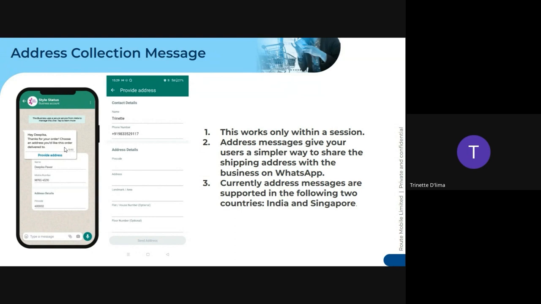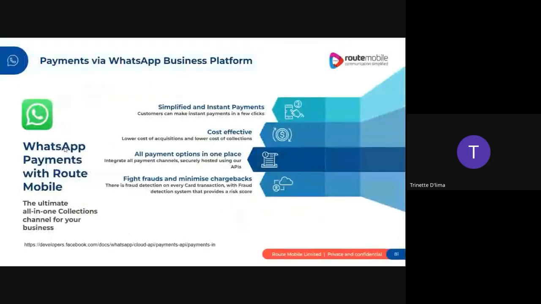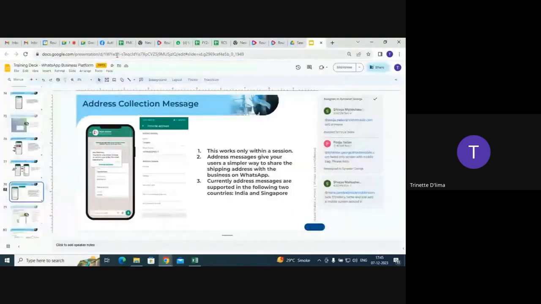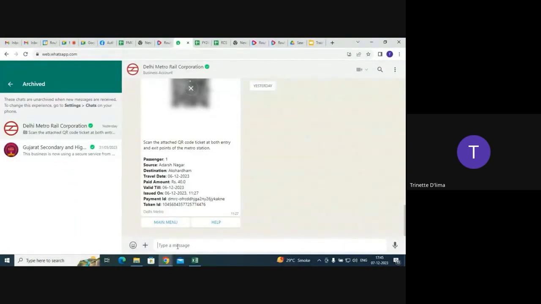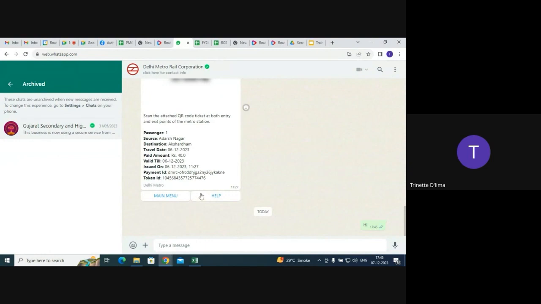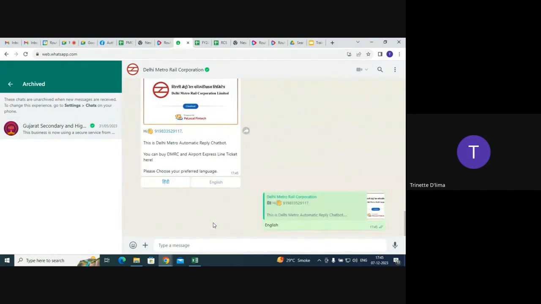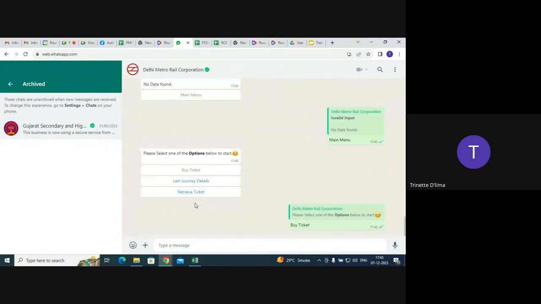Another use case, a substitute for flows, is a web view. Okay, I'll take you all through that. So with web views, I'm not sure if you saw the DMRC bot, but let me just take you all through that. If you see this DMRC bot, I'll say hi. So you can see the WhatsApp screen, right? So we say hi, you say English, buy ticket,